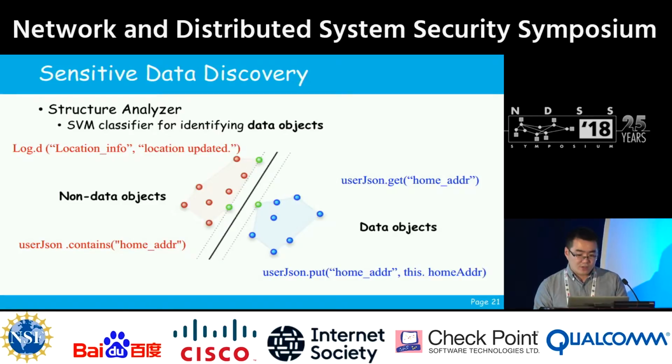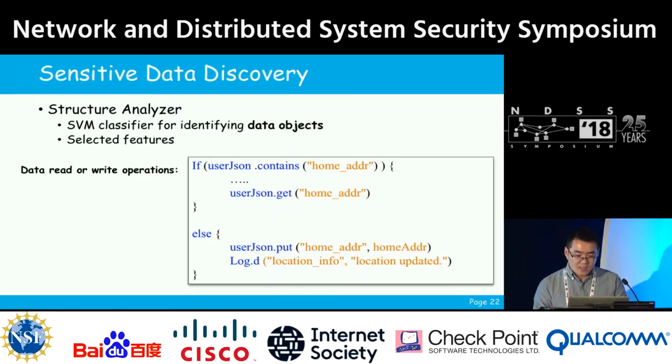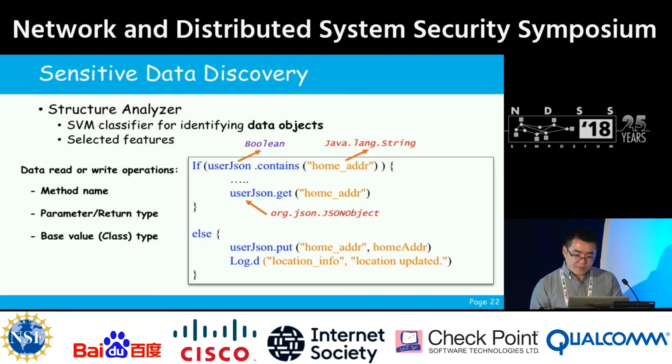Then, the structure analyzer filters out those irrelevant statements. The structure analyzer employs an SVM-based classifier with a set of program structure features to determine whether a given program statement indeed touches private user content. Specifically, we chose the following features, including the method name, the class type of the parameters, return values, and base values, as well as the constant string,